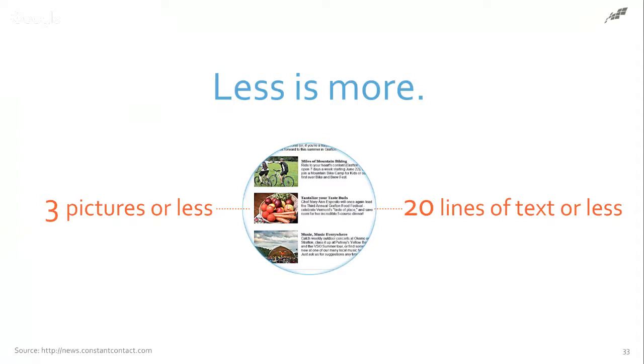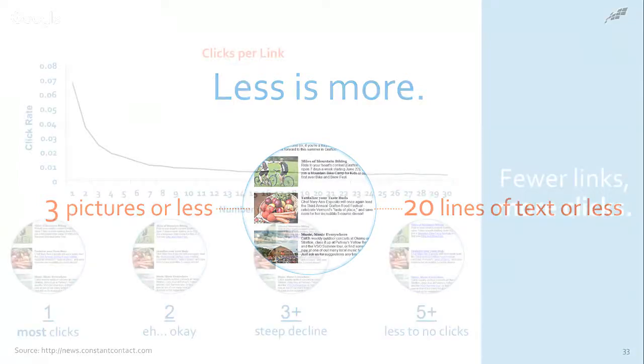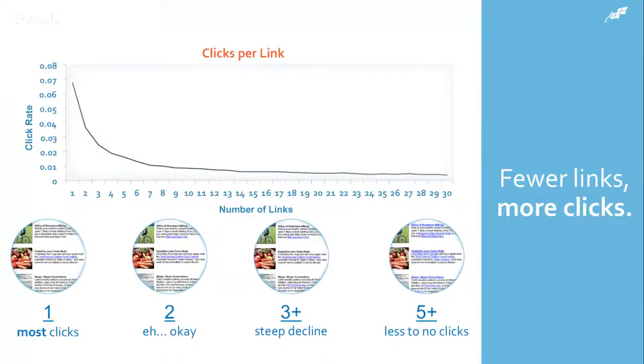Think about it. You never open up an email that you put aside for later because you have another 300 emails in your inbox by the time you get back to it. So when you think about clicks, it goes down dramatically by the amount of clicks that you're asking people to take. So one link, one click gives you the most response. If you shoot for 1, it's all the way up here. If you get down to 2, you can see how it starts dipping kind of down. 3 is a steep decline. And then 5 or more, it gets down into almost no clicks at all.